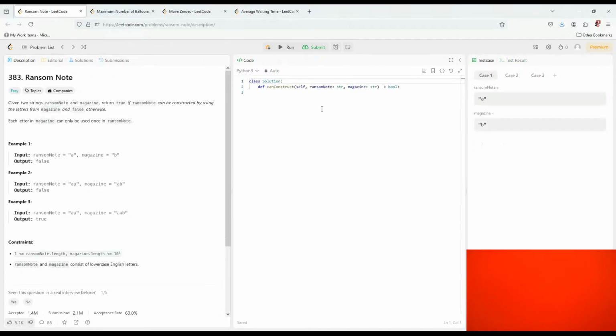100%. Okay, given two strings, ransom note and magazine, return true if ransom note can be constructed by using letters from the magazine, and false otherwise. Yeah, so it's very simple. We count. We create a note counter from ransom note, right? Again, counter from ransom note, counter from magazine,